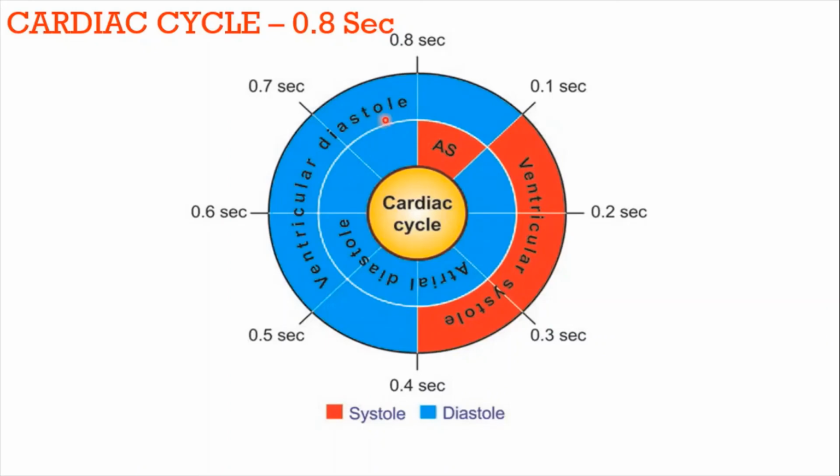You observe one more interesting point here. During the later part of cardiac diastole, passive filling of ventricles takes place. That means blood from atria reaches the ventricles by a passive method. During the atrial systole, the blood is pumped into the ventricles actively. These are the main points observed during the cardiac cycle.